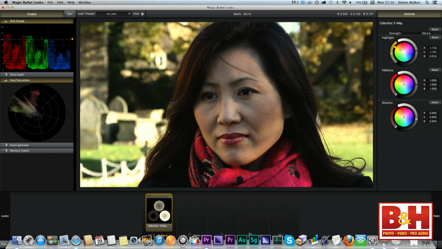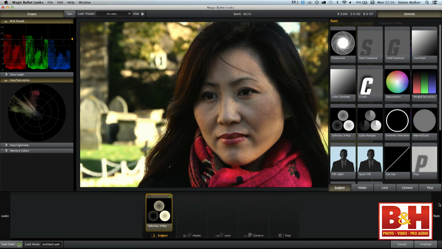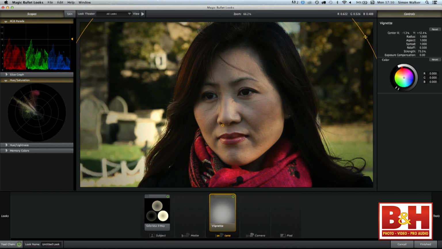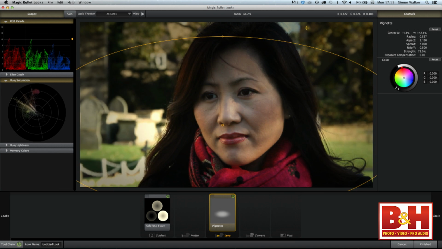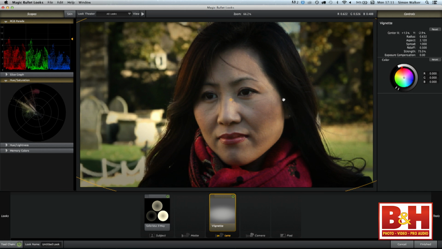You can turn off and on each particular tool. Like I could turn this off and on here to preview what it looked like before, or every tool in the tool chain by using this button. And this means when you've got a couple of tools, so I could add on, say, my favorite tool, which is the vignette. And the vignette device is to concentrate your audience's attention on where you want them to be looking in the image. So here I'm slightly darkening,